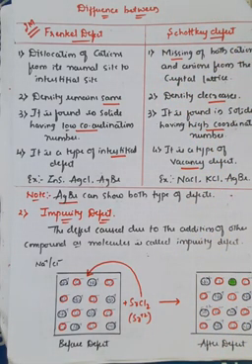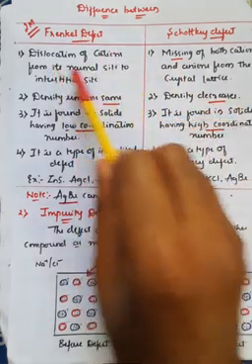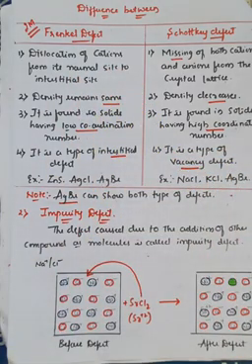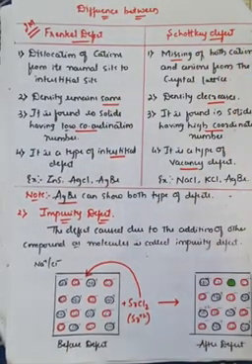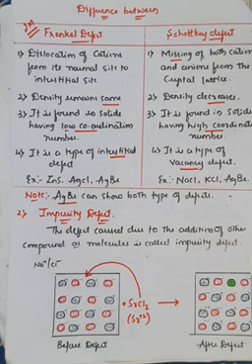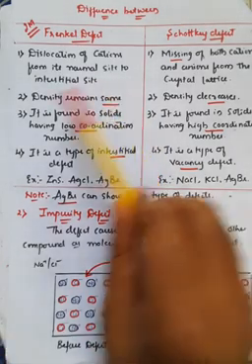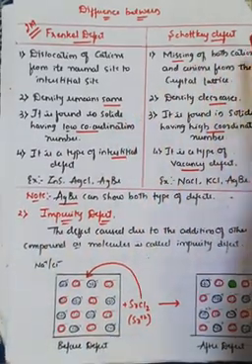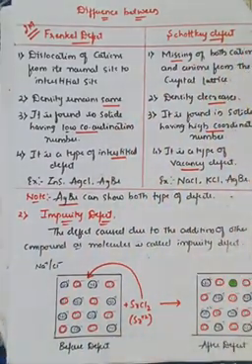So for 2 marks, minimum you have to write 4 differences. First one is always the definition, that is a dislocation of cations from its normal site to the interstitial site for Frenkel defect. And in case of Schottky defect, what happens? Missing of both cations and anions from its crystal system, complete missing, is called Schottky defect. And density remains the same because after the defect also the number of atoms remains the same in case of Frenkel defect, therefore density remains the same. But in case of Schottky defect, what happens? Due to the loss of anions and cations, its value goes on decreasing, therefore the density also decreases. And in case of Frenkel defect, what happens?